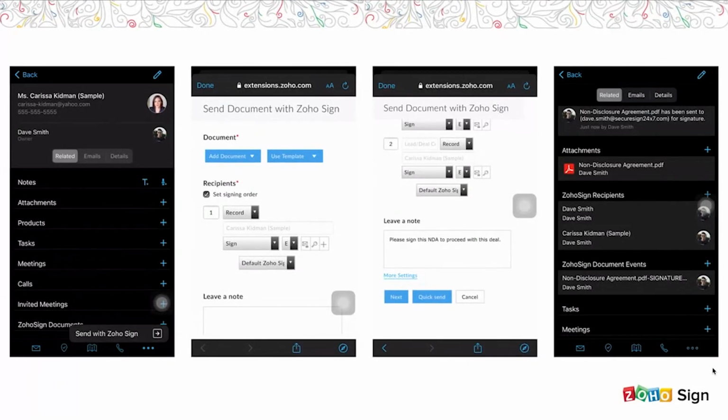That's exactly why everything remains the same in terms of UI and functionality. You have views of your leads and records. When it comes to adding a document or using a template, there's the exact same drop down boxes available. You can set the actions as well as choose your templates and leave notes. You can also have access to the custom modules created when you install the Zoho Sign extension, which is Zoho Sign recipients, Zoho Sign documents, events, and